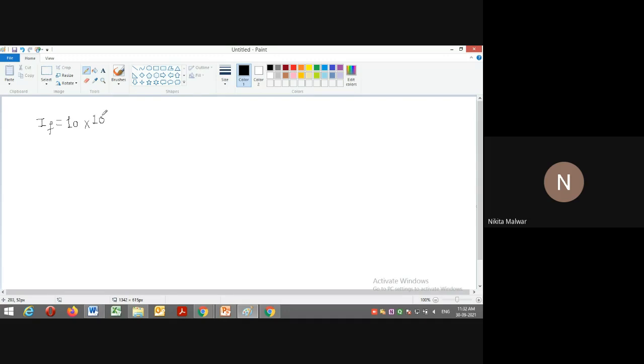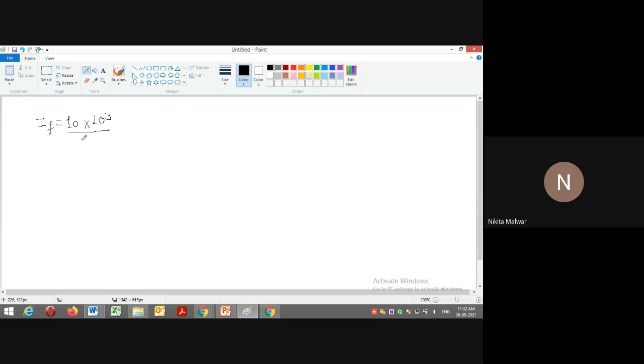Okay, we have to consider here volt amperes. That means we have to find out this fault current in amperes, not in kiloamperes. So we will convert this kVA value by multiplying it by 10 to the power 3 and divided by